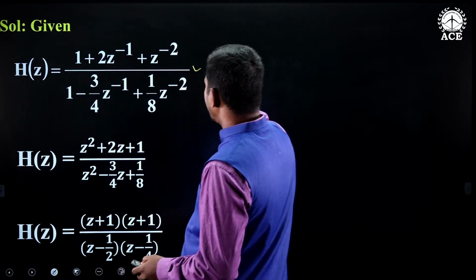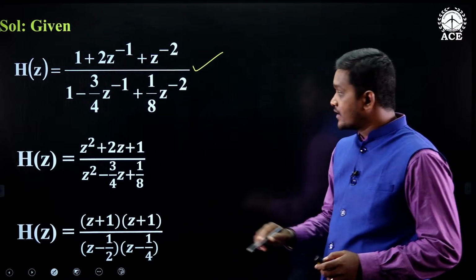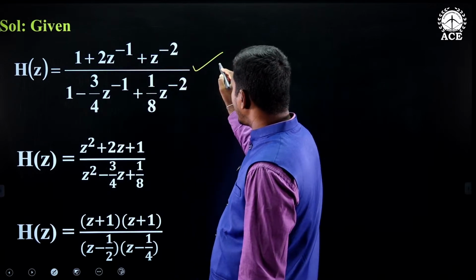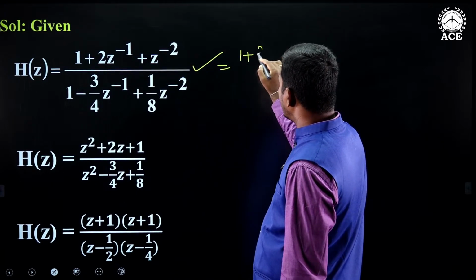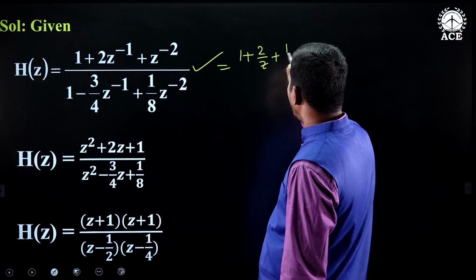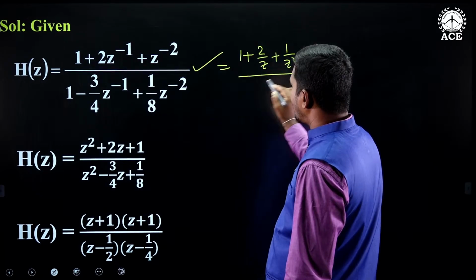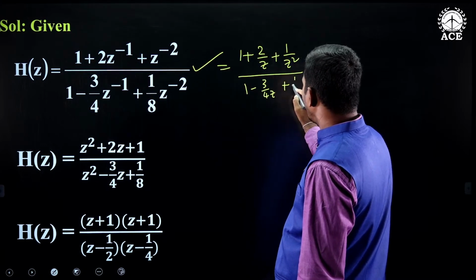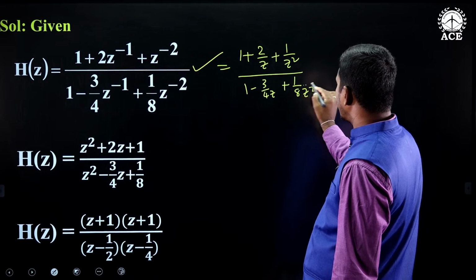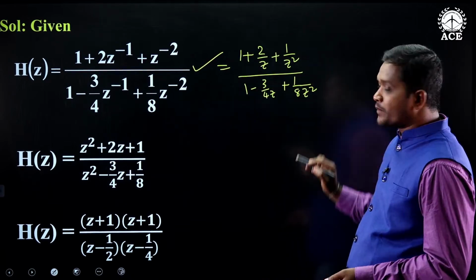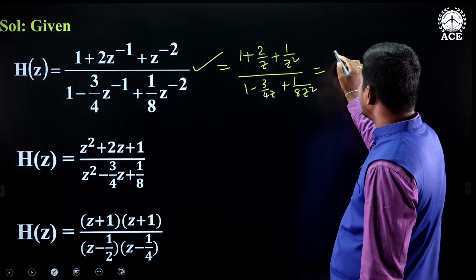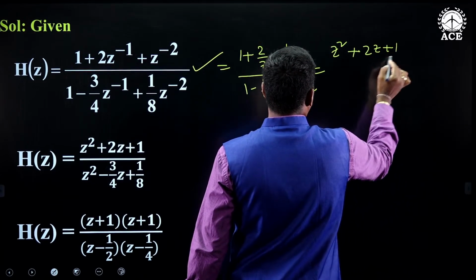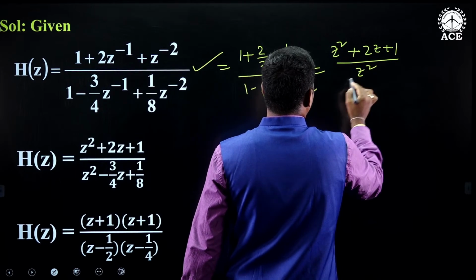This is the transfer function given, right? What you need to do is, you write this as 1 plus 2 by z plus 1 by z square divided by 1 minus 3 by 4z plus 1 by 8z square. After that, what is the LCM in the numerator? z square. If I take z square as LCM, this is equals to z square plus 2z plus 1 divided by z square, divided by